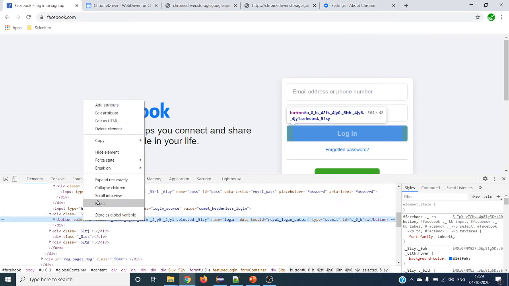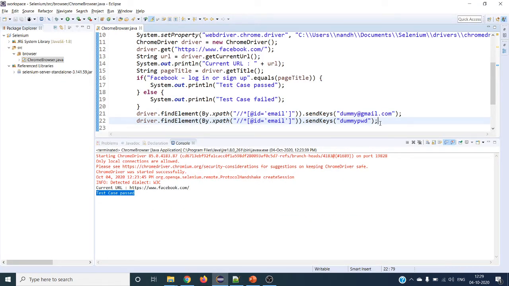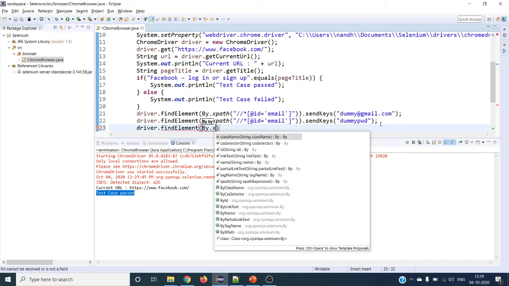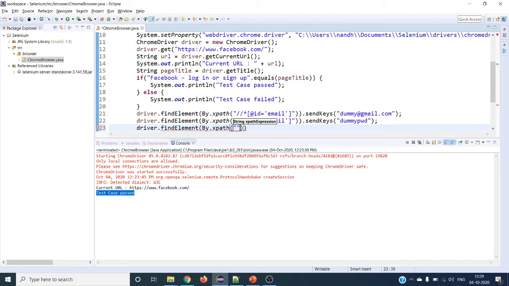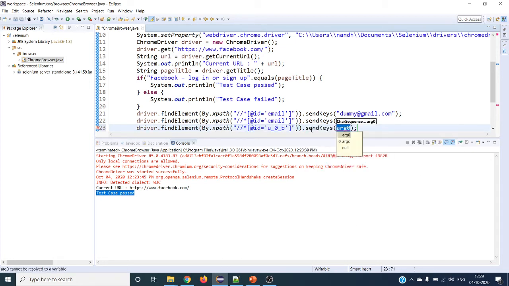Right click on this, copy XPath. So driver dot find element by XPath. Instead of double quotes, give single quotes. It is not send keys, it should be click.